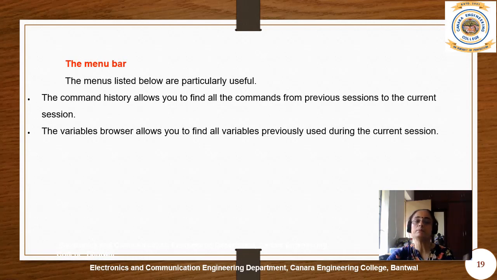And the variable browser will help you to find all the variables which are used previously, and sometimes we cannot use those variables in this particular session. So therefore it is very helpful to go through the variable browser and choose a new variable to identify a particular value.